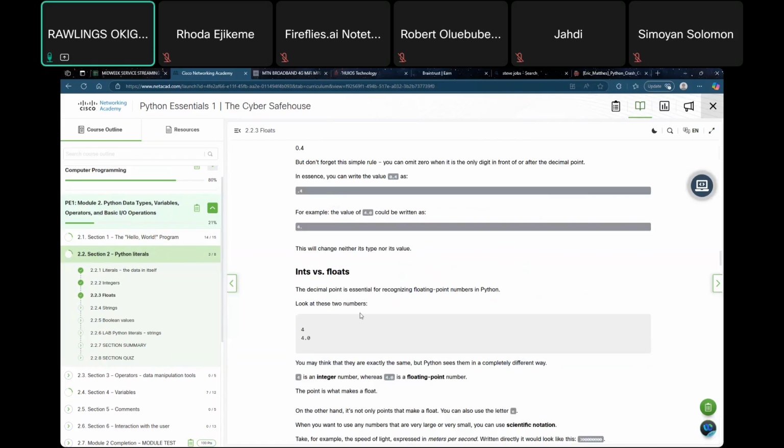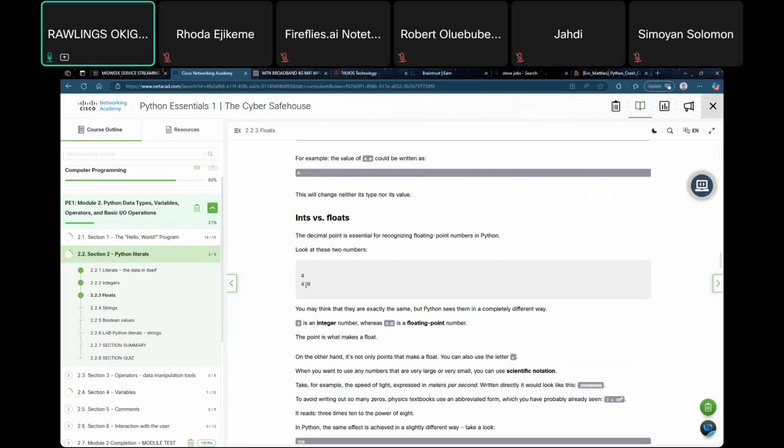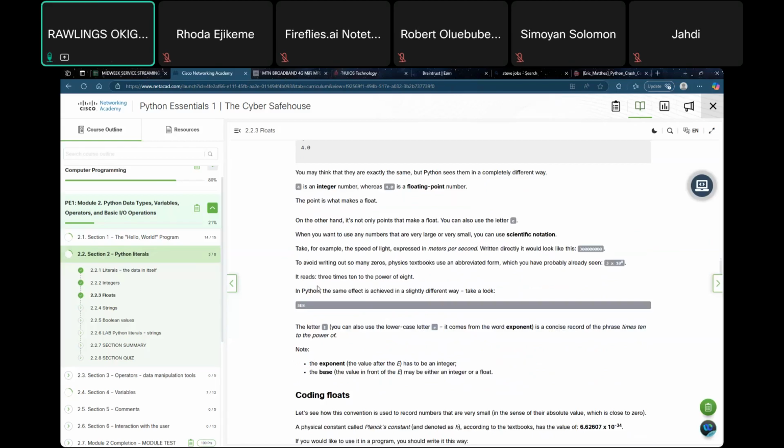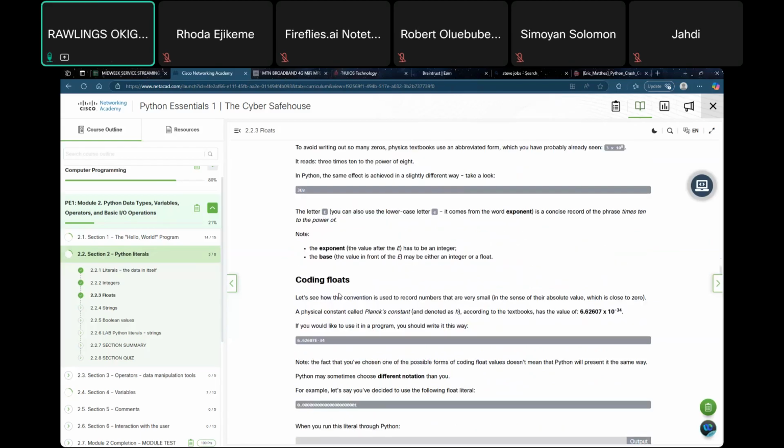But let's compare integers and floats. So 4 is an integer, right? While 4.0 is a floating point. Now, they mean two different things in Python. Python does not see them as the same thing. Python sees this one as 4 and sees this one as what? Floating point. It's you now as a human being that you know that two of them are the same thing, that two of them are equal. But Python sees them as two different things in the sense that one is an integer and the other one is a float. So when you're now multiplying or performing arithmetic operations in Python, all right,